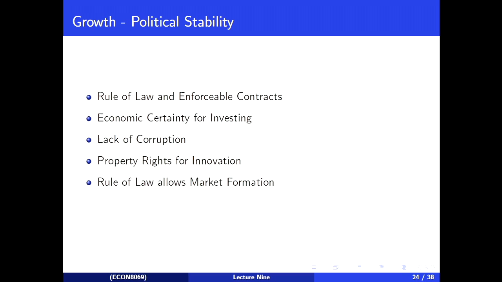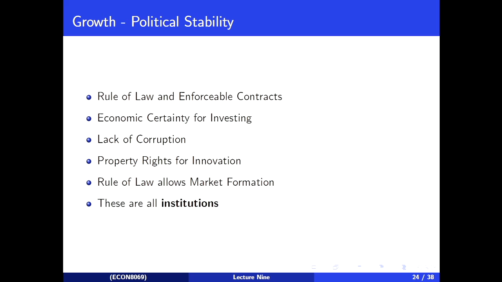Again, this rule of law is going to be super important because we need market formation to happen. If we're thinking about trying to encourage economic growth, we need to be able to form these markets. And the rule of law helps that to happen. If there's no rule of law, why would you buy an apple from me when you can just take an apple from me? If any apple I make is just going to be taken from me, why would I grow apples? So in order to have that market, to be able to sell things, we need the rule of law so that I can have things that I sell to you in order to get money from you or get something back from you. So we need markets to form.